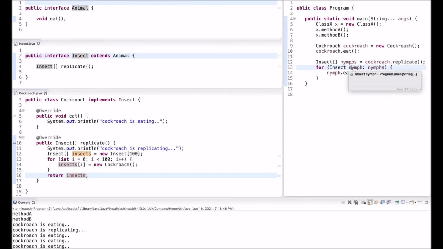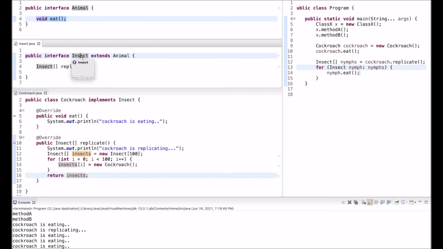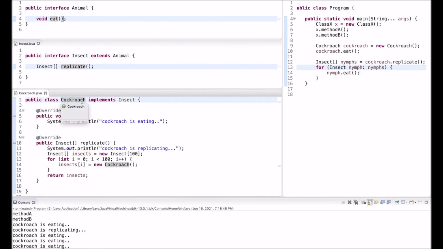Now let me recap what we did here. I created an interface named Animal. Animal has a single abstract method named eat. Now I also created an interface named Insect. Insect extends Animal, and it adds an additional method called replicate that returns an array of insects. So now any class that implements insect will have to provide an implementation for eat and for replicate. Here as an example, I created the cockroach class that implements insect, and so it provides an implementation for eat